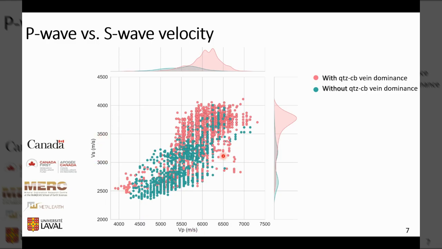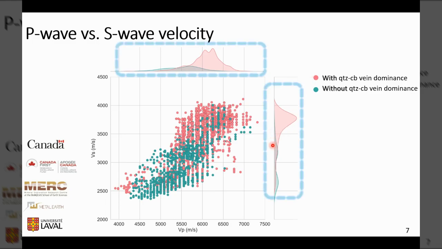And we saw that the sections of the data that have quartz carbonate vein dominance generally have higher values for P wave and S wave in comparison to the sections without the vein. The reason for that can be explained by the fact that the acoustic wave travels faster in quartz in comparison to the schist. So now that we realize that basically the quartz carbonate veins can affect our logs,